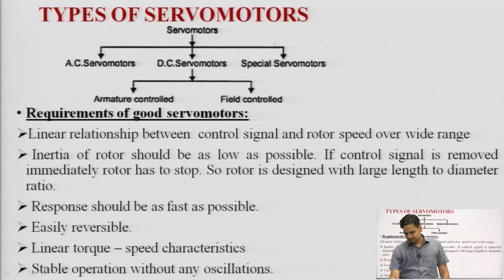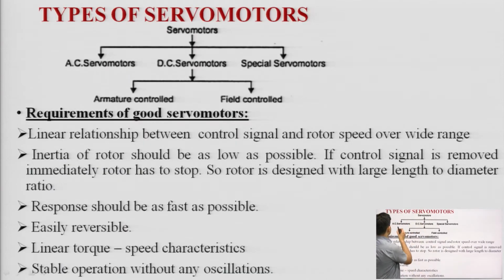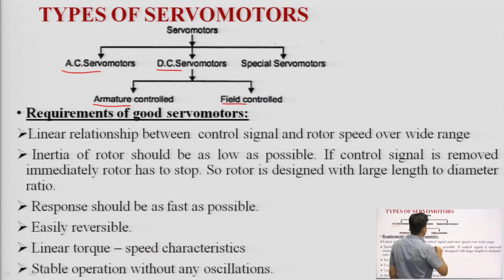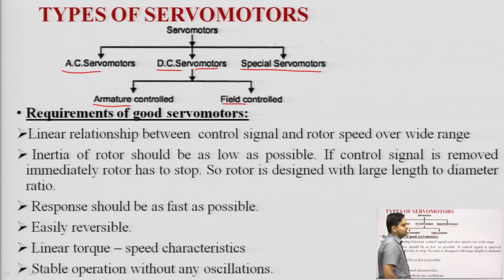Now we will see the types of servo motor. One is AC, the second is DC servo motor. DC servo motor can be further categorized into two more categories, armature and field control, and there is one more category, special servo motors. In this session we will discuss the broadly used DC servo motor. This servo motor was generally used in the 1980s industrial era, and AC motor is the oldest method which we used in control systems in the industrial area. Here we will discuss the armature controlled and field controlled DC servo motor.